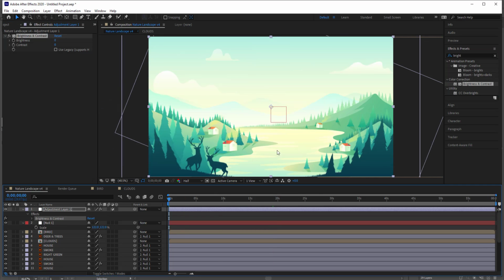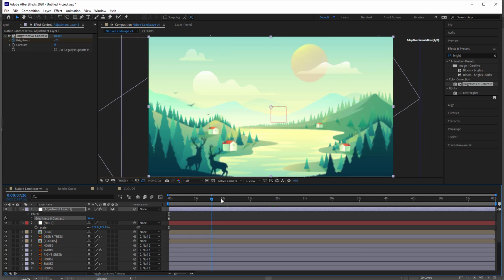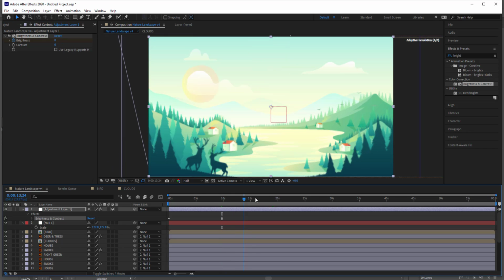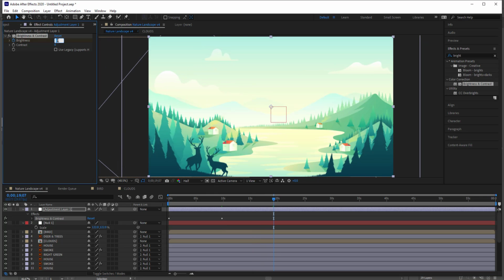And what we're going to do is mimic the sun. So for example, we're going to come over here and set our stopwatch on brightness, and we're going to lower the brightness for when the sun is not visible to, let's say, -25. We're going to track the sun, and the sun is probably at the highest point around there. So we're going to reset that to 0, and then we're going to bring it back down once the sun